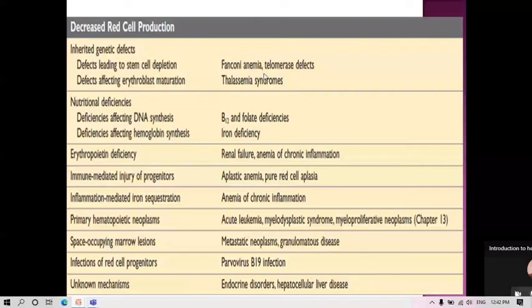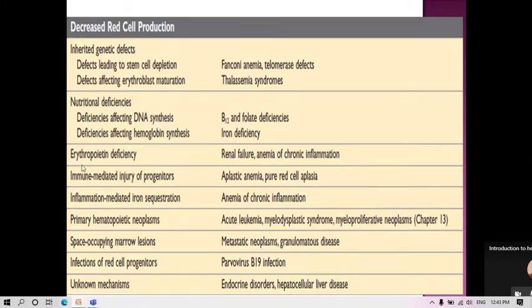telomerase. There are various others, but red cell production can decrease if we have nutritional deficiencies like vitamin B12 and folate deficiencies. So our RBCs will not be able to mature enough. Vitamin B12 and folate deficiency we will learn tomorrow in the macrocytic anemia lecture, and proper hemoglobin is not there,